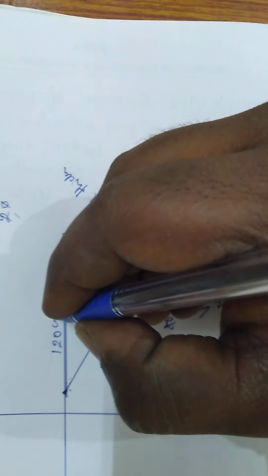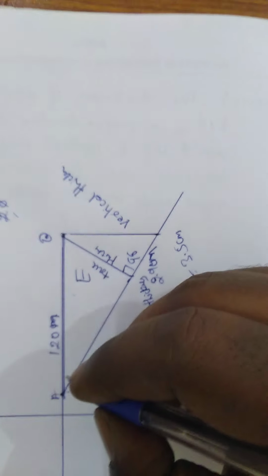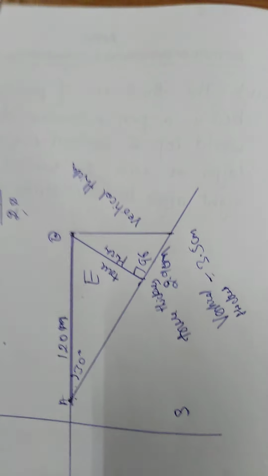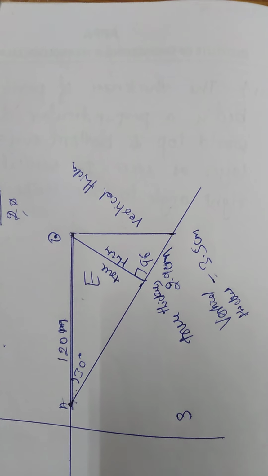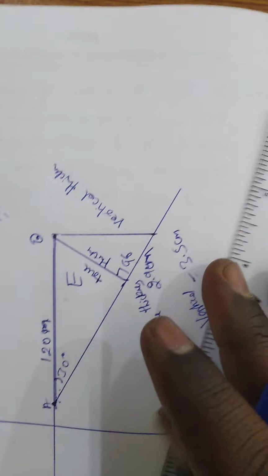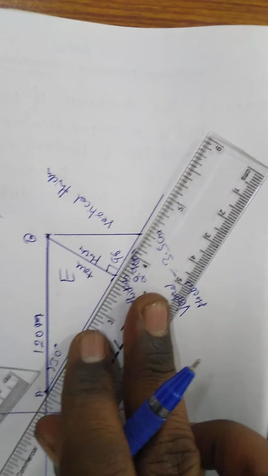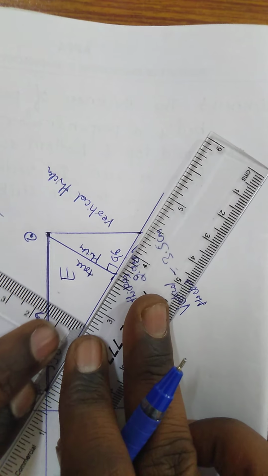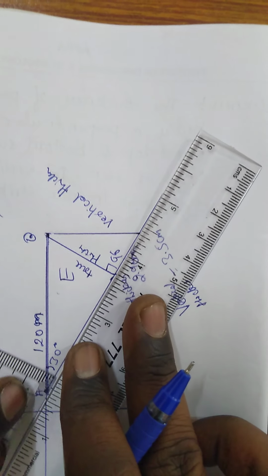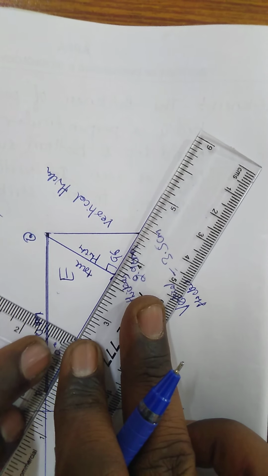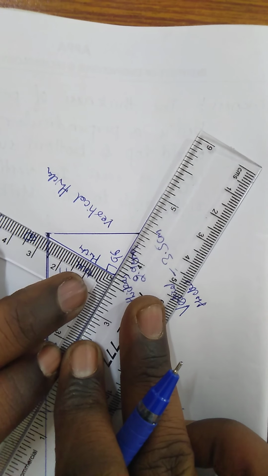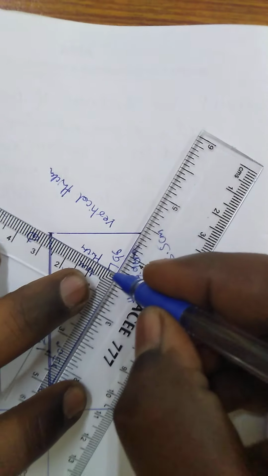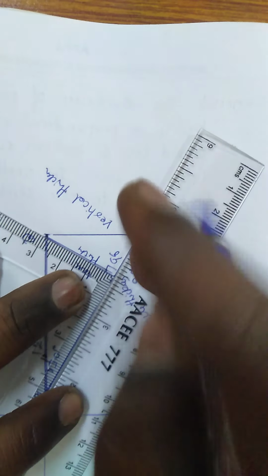Initially you draw the 2 points, which are 120 meters apart. This is point A, point B. After that you take 30 degrees east, which is the dip. From that inclined line you need to move the set square slowly up to this end point. From point A to point B you take this set square slowly, and you need to cut that B point. Here your point is cutting, so you join these two lines, B point to this inclined point.